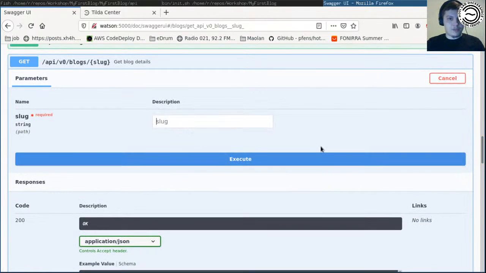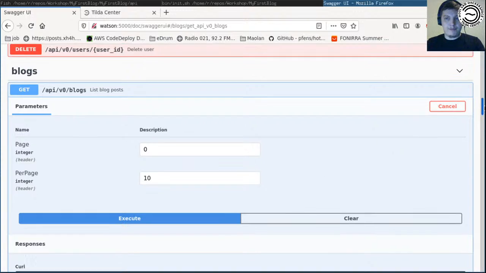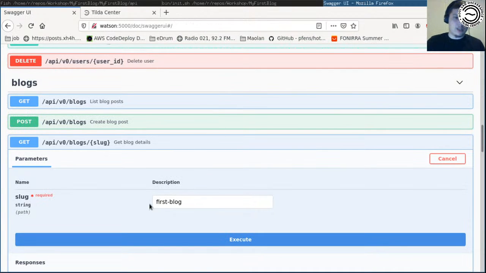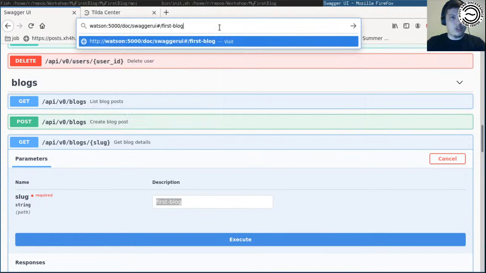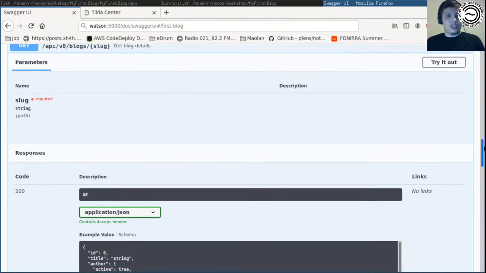Did it work? What is the slug? Let's see if we have first blog. This is the slug that was here. Now in this scenario that we are doing, it doesn't make much sense with what we write here. But if you think about it, this would come somewhere on our front end, which you will see in the front end workshop, and then you know how to get this value and send it. So yeah, that is why we are using our slug